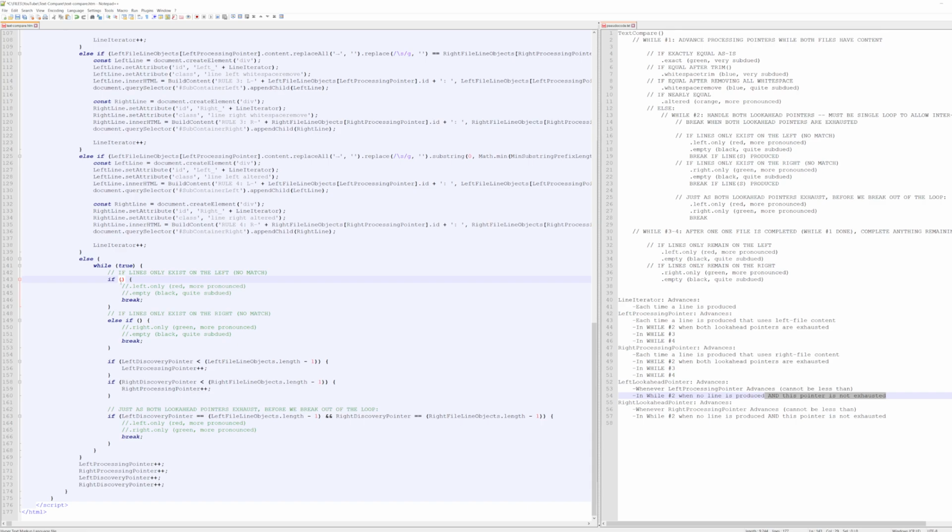I'm kind of thinking in my head, do I want to do trim? Do I want to do anything else? Yeah, maybe I want to do trim. Okay, so let's just start writing something out. We'll modify it later if we need to. So if left file line objects at the discovery pointer location,